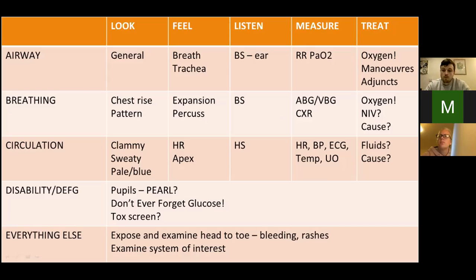Do we need to talk through the process while doing the exam? I think different people have different styles. I find it quite useful. I'm looking for X, Y, and Z on the hands. I don't see any evidence of this. I don't see any evidence of that. And then whenever you're presenting, you can just present a positive finding because you've already said the negative finding. But everyone's different. It depends how much time you have.